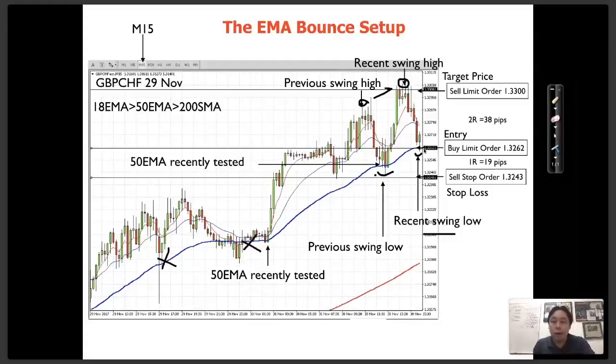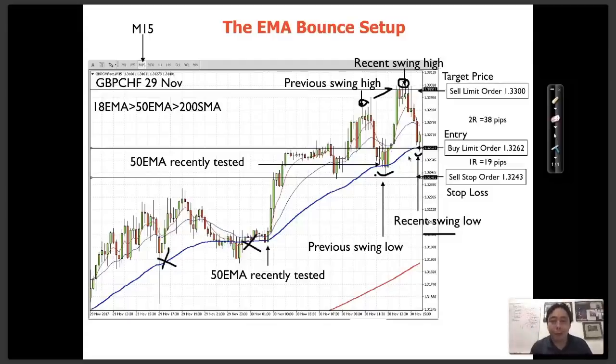So in that case, I know that I can place my stop loss about 19 pips below the moving average. So I've got a lot of room, all right? So if the price breaks below the moving average and kills people, I've got a lot of buffer. So that's what I do. All right, so my buy order is there, my stop loss is there, my profit target is over there.